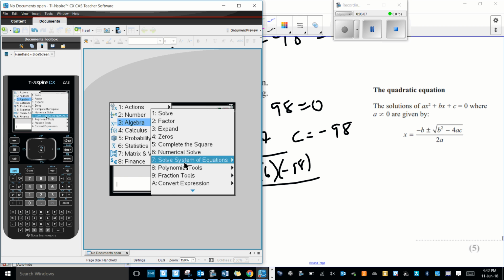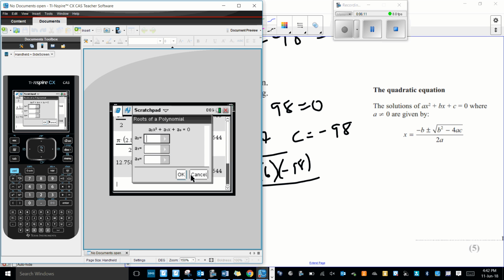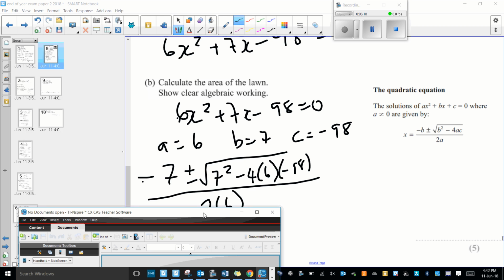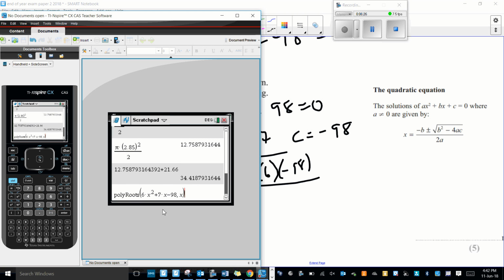So it's still a quadratic, and the values this time are 6, 7 and negative 98. Enter, and so we've got negative 14 over 3